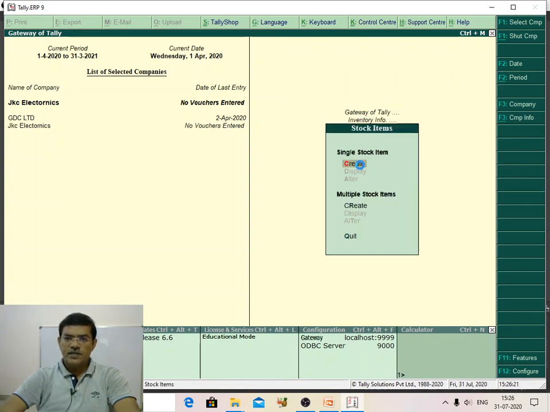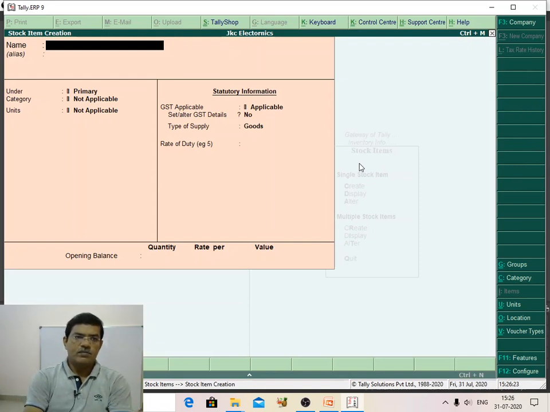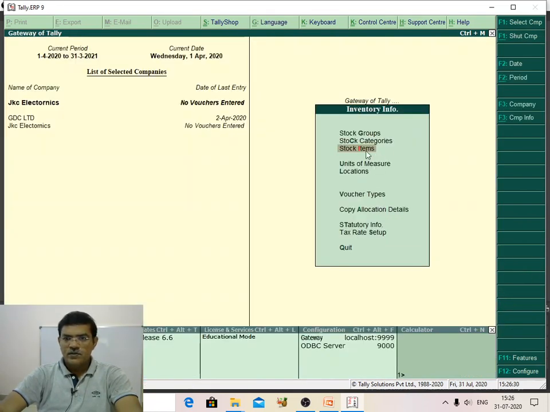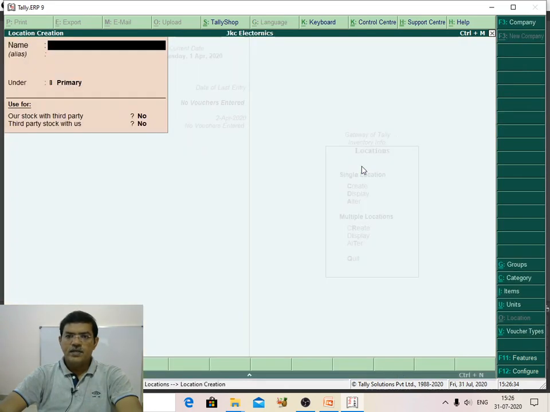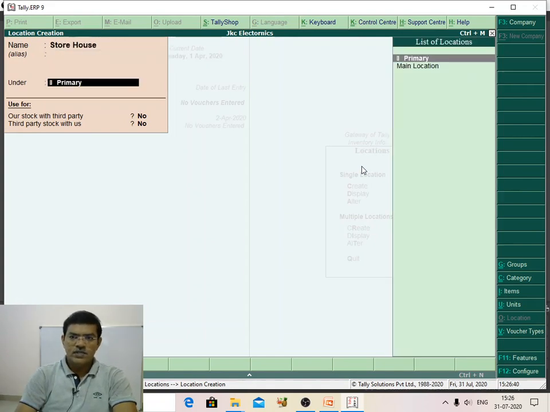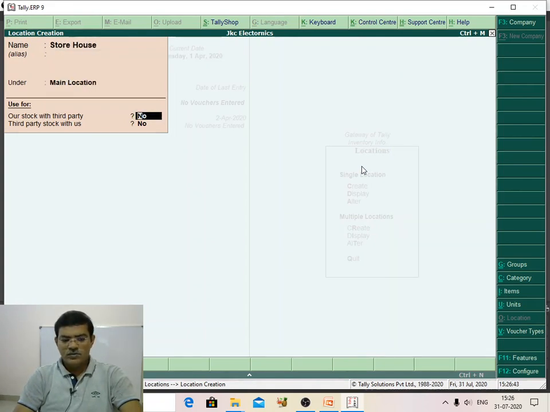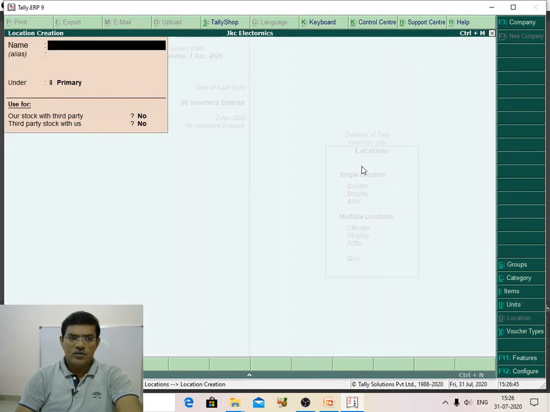My stock item name is, first I am going to create stock category. Unit of measure also I am going to create. First locations. Create a single location, warehouse, storehouse, under main location. My location is over.